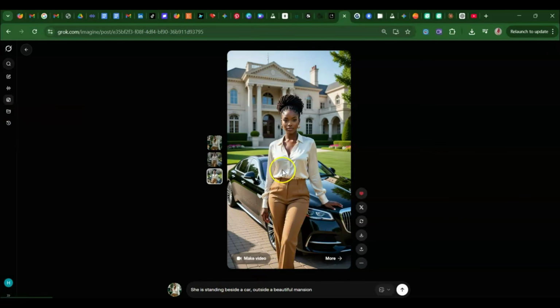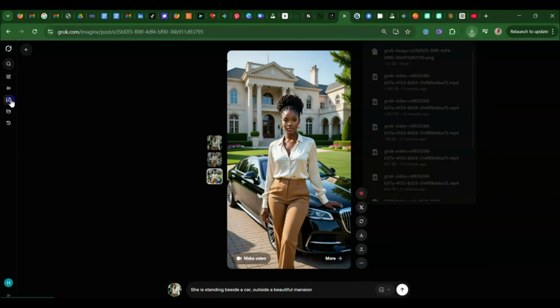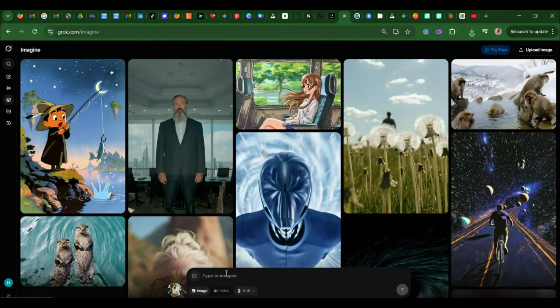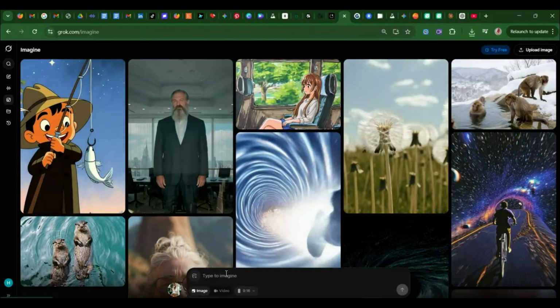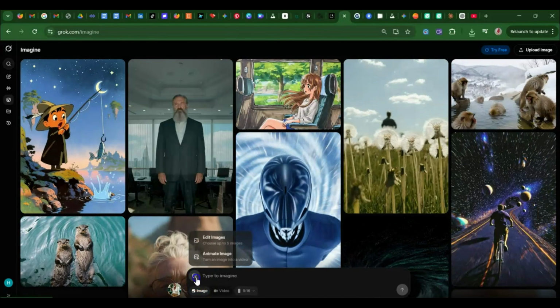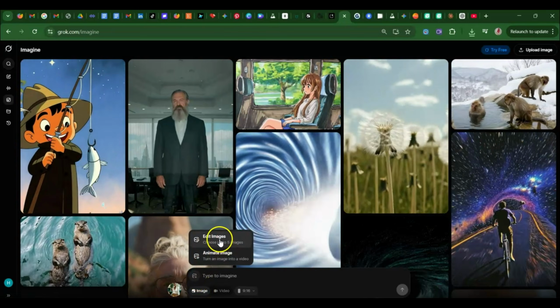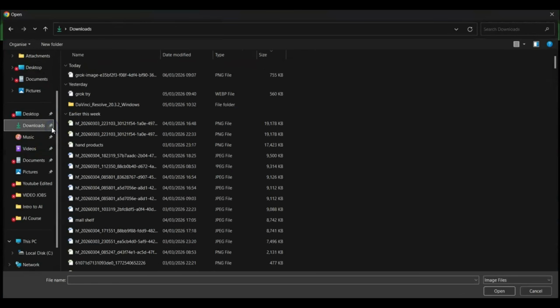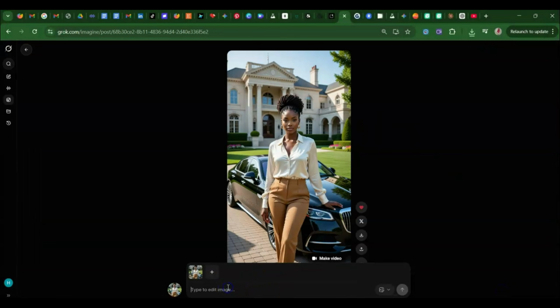Another thing you can do is, if I download this image now, for instance, so I can use it to show you as an example, and you have an image and you want to create a consistent character with the image you already have, all you need to do is, when you're on that image, click on this plus button, click on edit images. It will take you to your media. All you need to do is to pick the image that you have already, and then it would open up, and then you tell it maintain